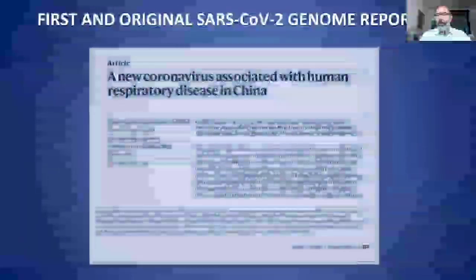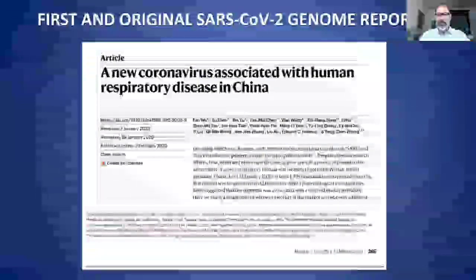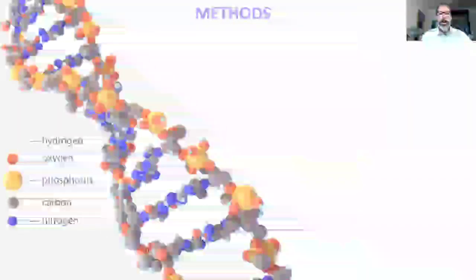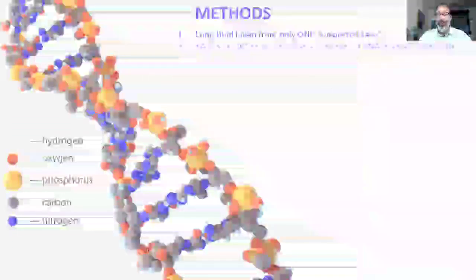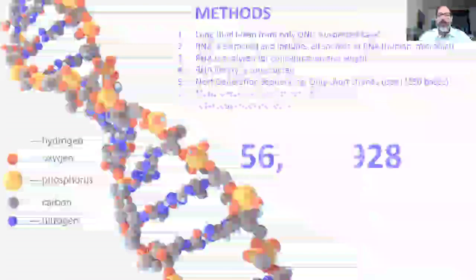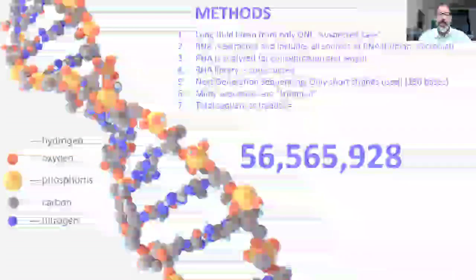Okay, so we have here the paper from Nature, which is the first published or the index genome sequence that was placed on the computer databases that we now can pull up as the SARS-CoV-2 genome sequence. And it was done by these researchers. And so here's what they did. They took the lung fluid from only one suspected case of SARS-CoV-2. And of course, they said that it was from COVID-19 because of a PCR test, which we already know is not accurate. But only